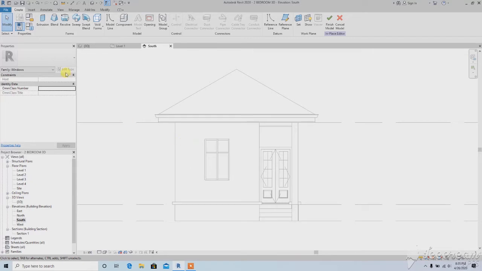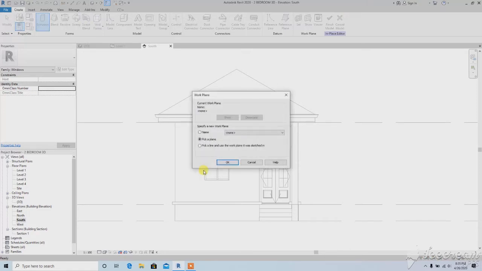So we are on the elevation now. Look at what will happen. The case on the elevation is completely different from what we do on the plan. This is asking for a plane to draw the profile of the extrusion that we want to do. Why is it asking? When you are drawing on the floor plans, the floor plans itself serve as the reference plane for whatever you want to draw. So in actual case, it will not ask you for any reference plane, but on the elevation, because there are